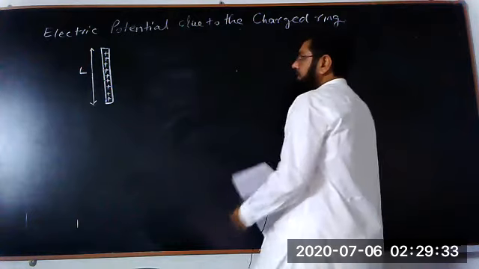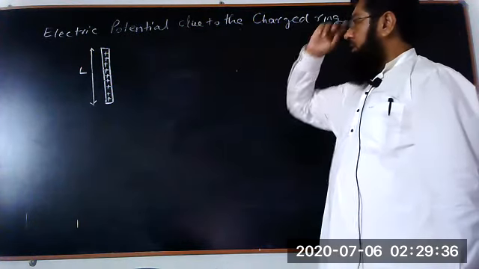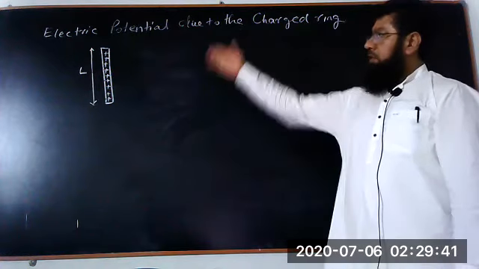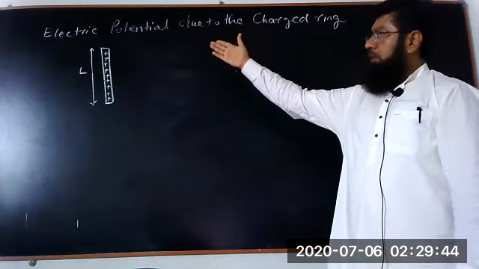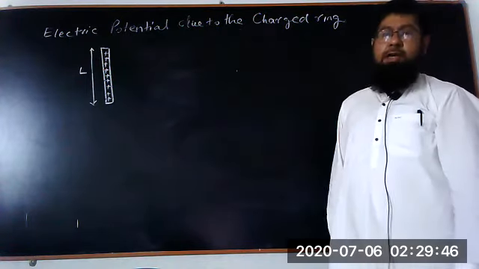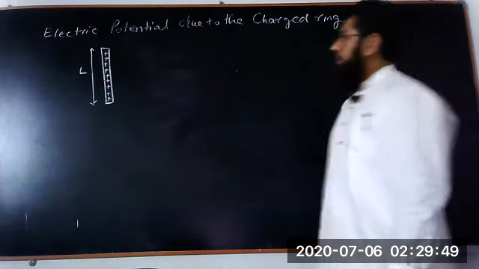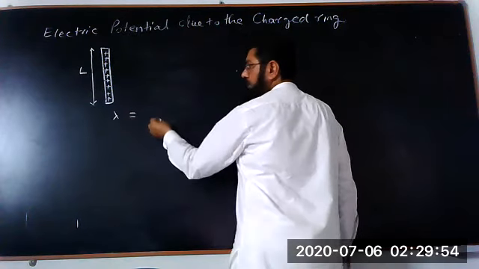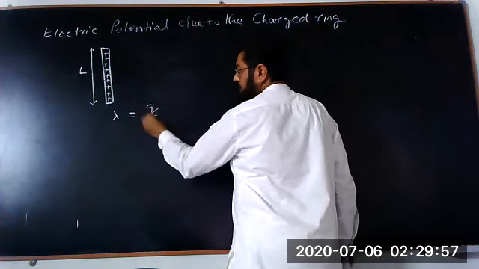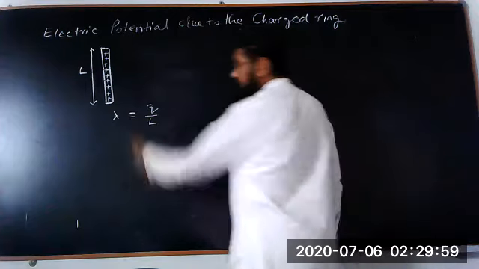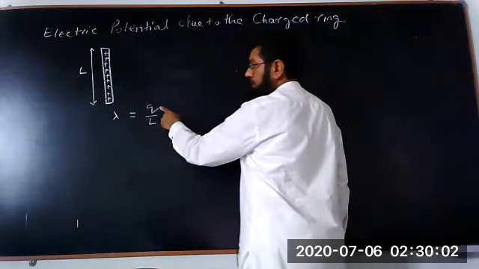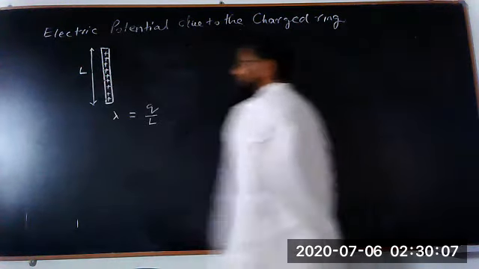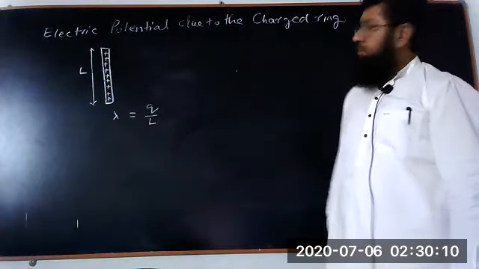So instead of a single charge, if we have so many charges which are distributed uniformly over the linear conductor, we don't say how many charges is over there, then we use a charge density. So here in this case, the charge density, let's say lambda, can be defined as the total charges per unit length. So this lambda is the linear charge density, which is the charge per unit length. It means this is the total number of charges which are distributed over the length.